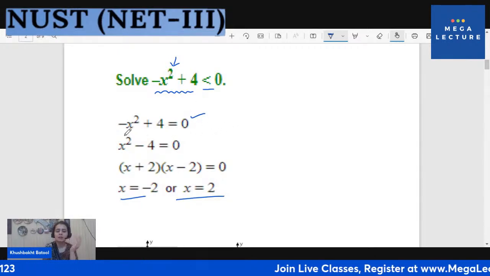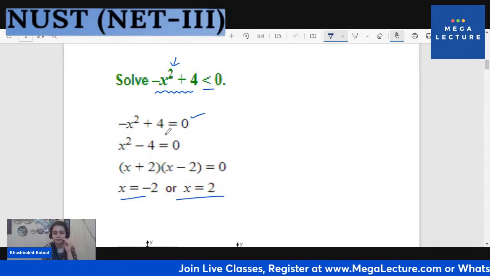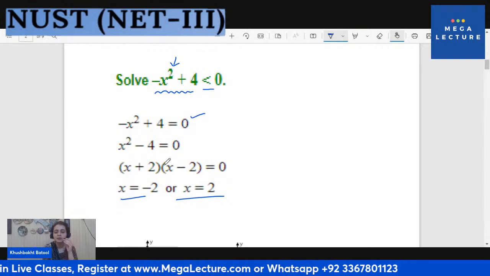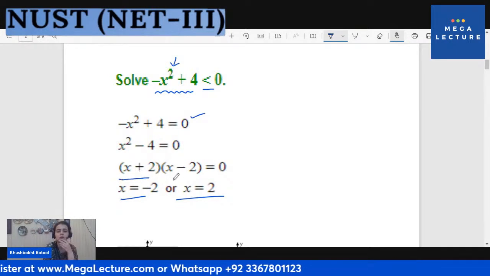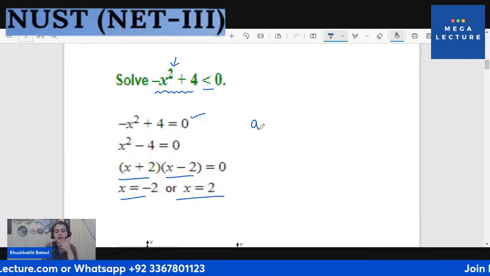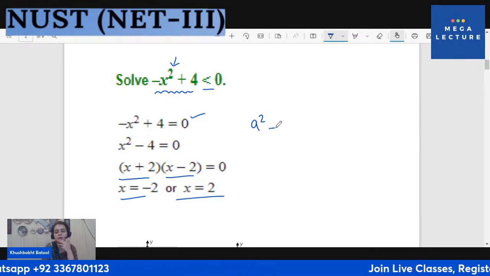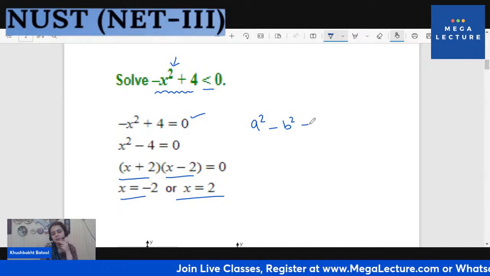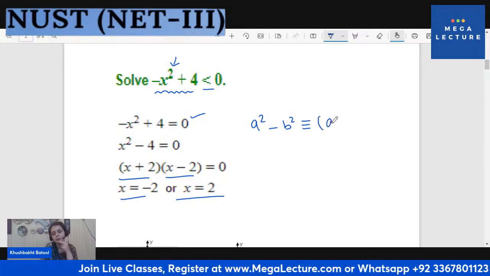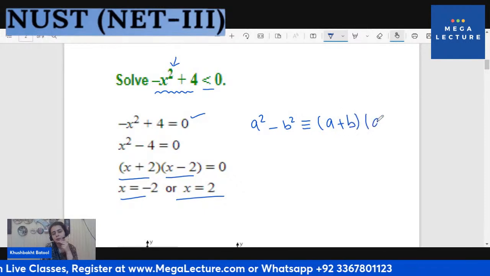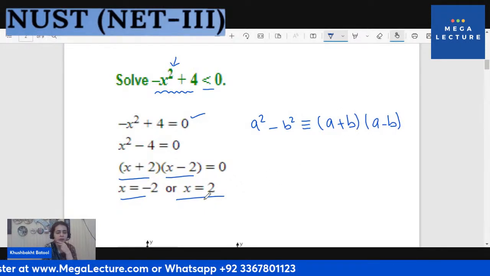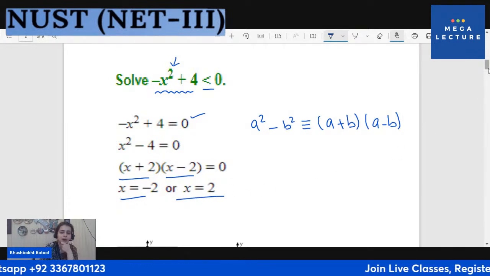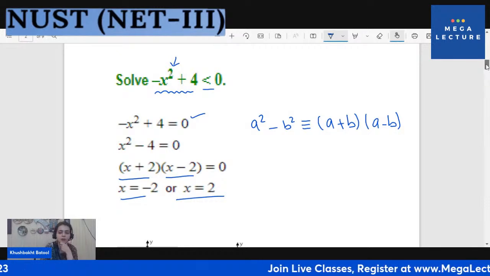So we write it down as -x squared plus 4 equals 0, and then x squared minus 4 equals 0, and this would give you x plus 2 and x minus 2, using a squared minus b squared. This is an identity. This is equal to a plus b and then a minus b, and then it would give you x equals -2 and x equals 2. Okay, now once you have x equals -2 and x equals 2,